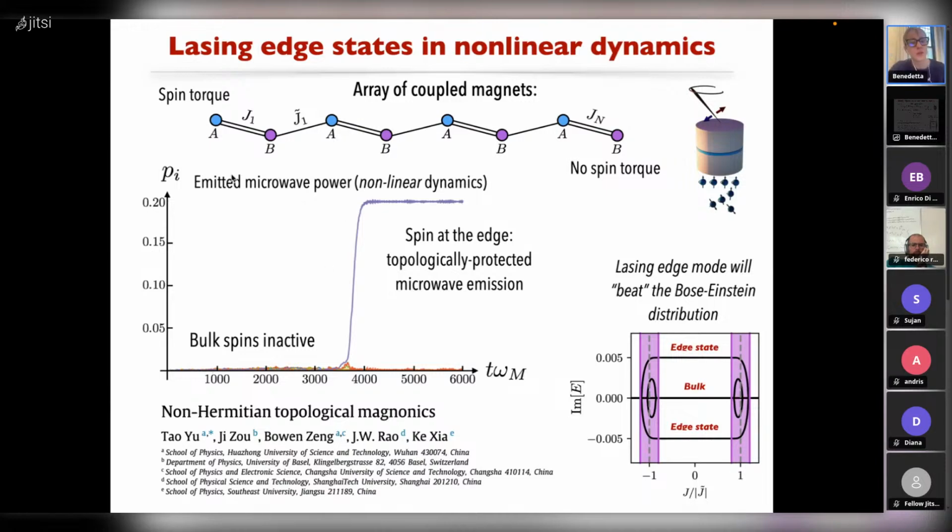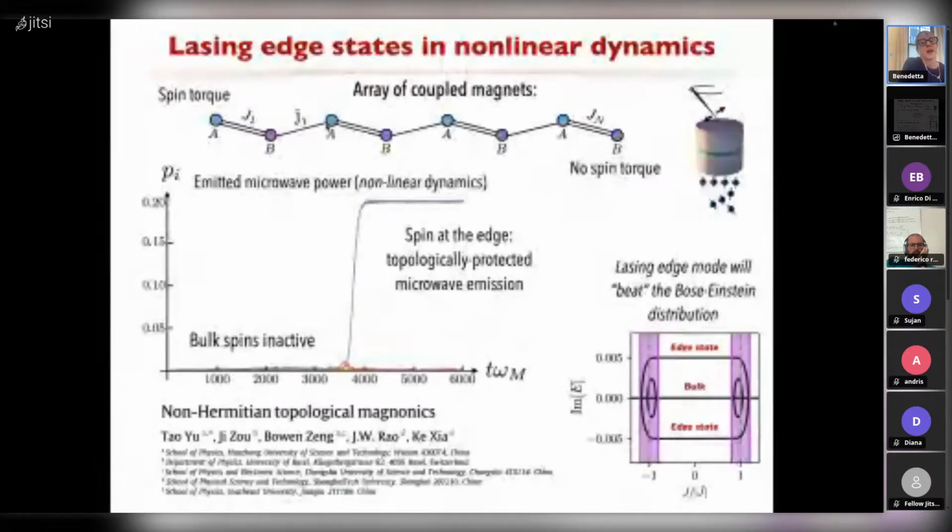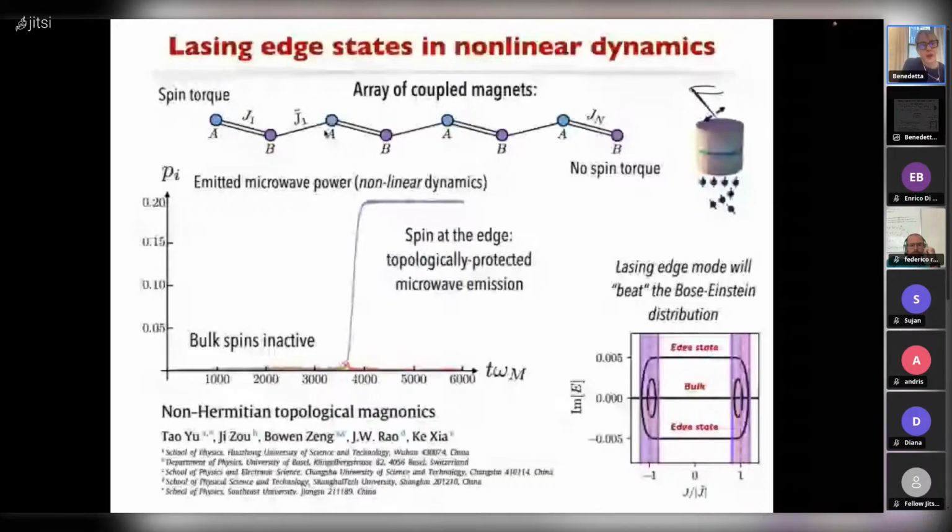When I'm showing you this plot, I'm plotting the microwave power that is emitted by each element of this array. You see that for a very long time, even if you are injecting every site and driving it far from equilibrium and also far from the linear regime, the only lasing that you see is the one corresponding to the site that displays the topological edge mode at the linear level. So this was really our first